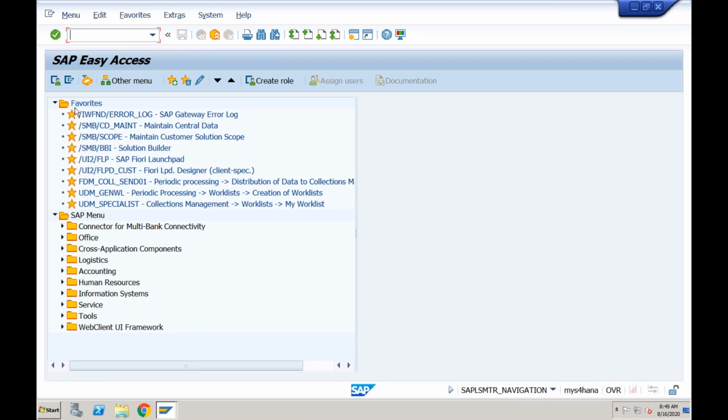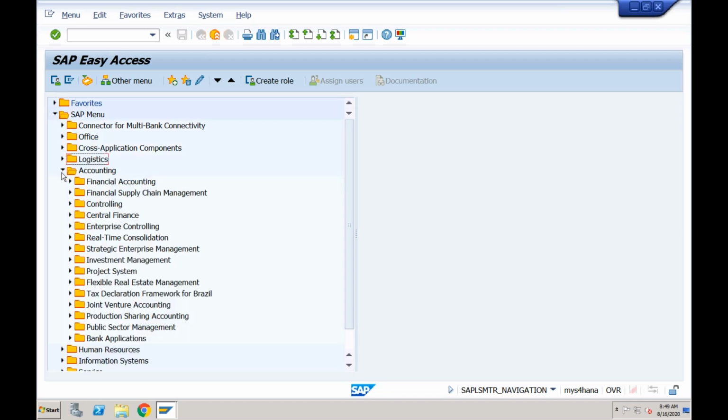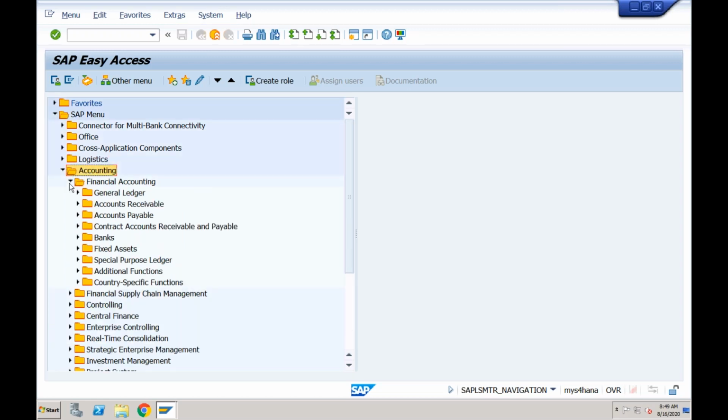Okay. Once you are in this SAP Easy Access screen, whatever I'm showing you currently, these are very old screens. This is not Fiori. This is the old GUI. Fiori is a new GUI, right? If you see this old GUI, how things work depends upon your module. So if you are coming from the FICO point of view, you will go to accounting. Within accounting, you'll be able to see financial accounting. And within that, you will be able to see all your submodules like general ledger accounting, AR, AP, bank accounting,